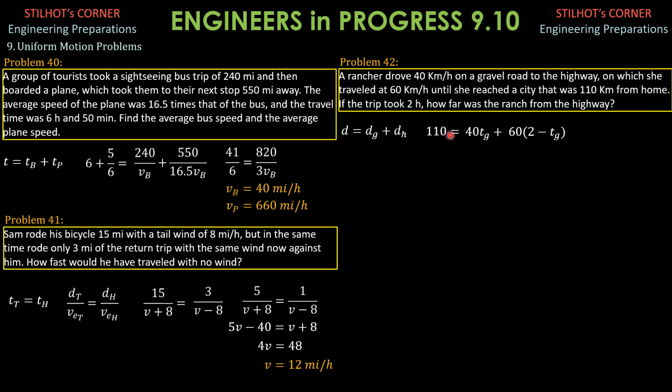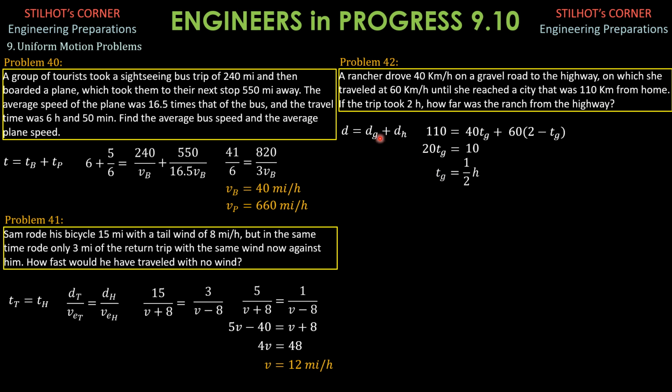So 40 t g minus 60 t g is negative 20 t g, transposed to the left, so 20 t g. 60 times 2 is 120 minus 110 is 10. So 20 t g on the left equals 10, where 10 is 60 times 2, 120, minus 110. So travel time on the gravel road is 1/2 hour, and therefore the distance of the ranch